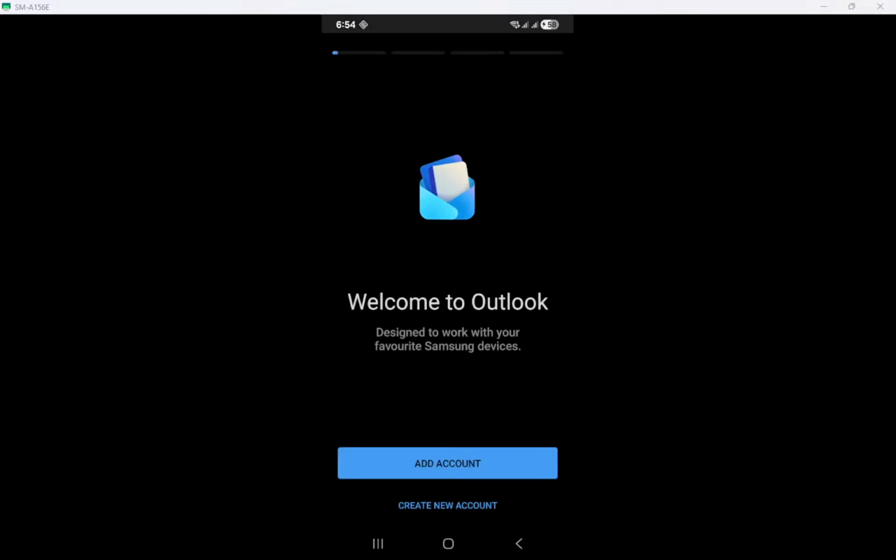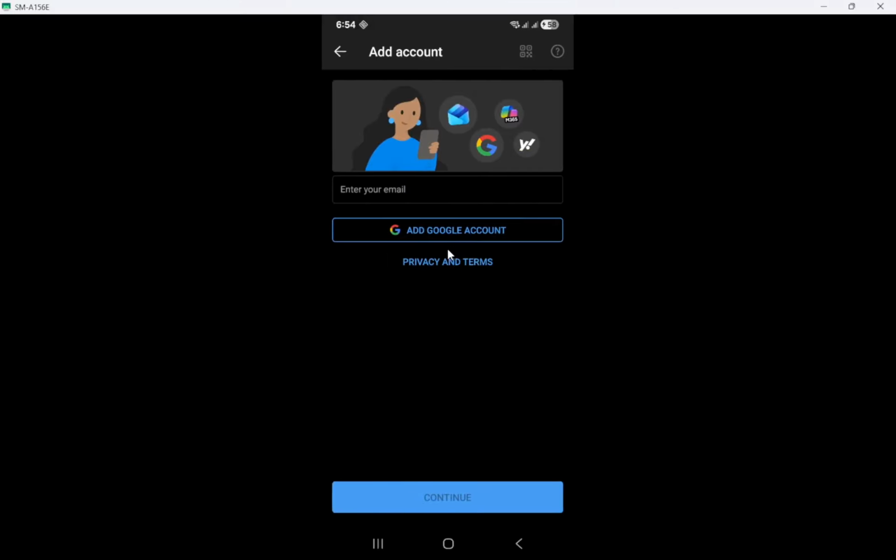At this point, you'll need to sign in with your email account. This could be an Outlook, Hotmail, Gmail, or any other supported email. Signing in allows you to access your emails and calendar from your phone, making it easy to stay connected on the go. Once signed in, you'll see a confirmation on the app's interface.